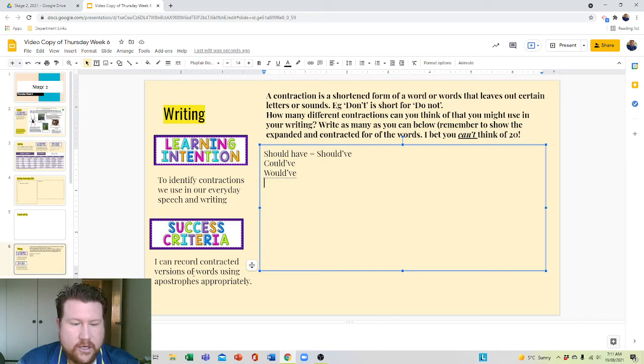I can record contracted versions of words using apostrophes appropriately. Remember the apostrophe. But this is the thing. The success criteria isn't I can list all the things I remember. It's I can record contracted versions. So that's why I'm saying